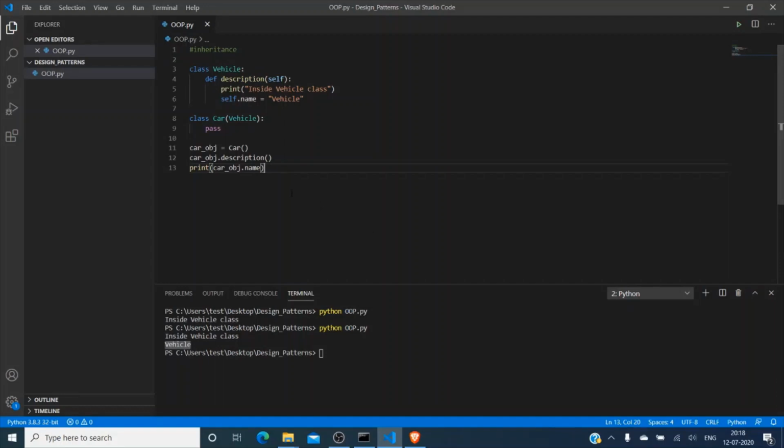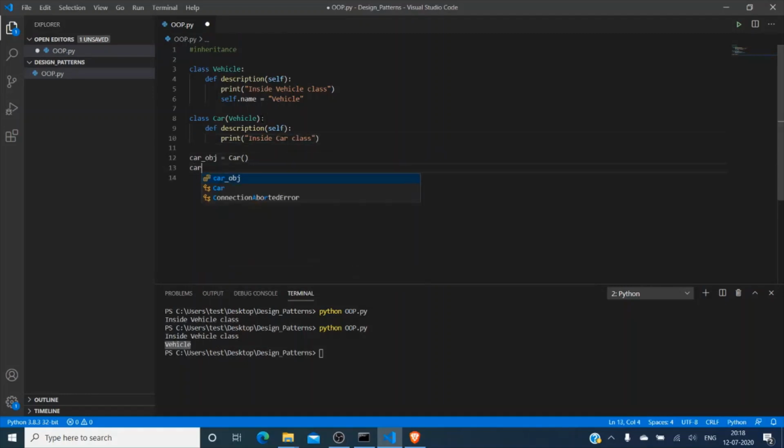Now let me remove this and add a method here also with the same name as the parent's class. Here give self and print "inside car class".